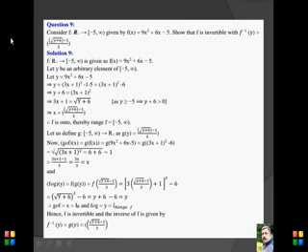Let y be an arbitrary element of minus 5 to infinity. Let y is equal to 9x square plus 6x minus 5. By the completing the square method, which you have also seen in class 10th, y is equal to 3x plus 1 whole square minus 1 minus 5. So this is finally 3x plus 1 whole square minus 6. You transfer this 6, so y plus 6 is 3x plus 1 whole square, then 3x plus 1 is equal to root over y plus 6. Finally x is equal to root over y plus 6 minus 1 by 3.